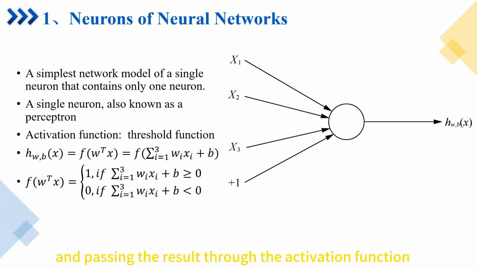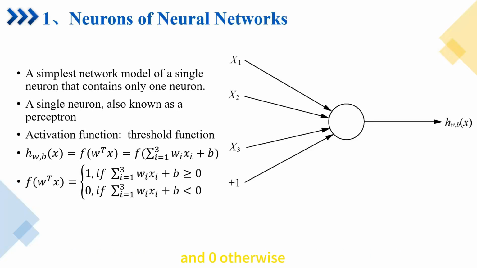The neuron's output is calculated by summing all the weighted inputs and passing the result through the activation function. The activation function in a perceptron is usually a threshold function that produces an output of 1 if the weighted input sum exceeds a specific threshold, and 0 otherwise. This simple activation function makes perceptrons mainly suitable for binary classification tasks, such as distinguishing between two different types of